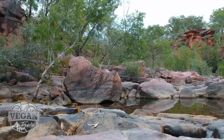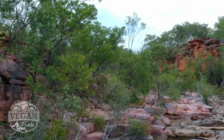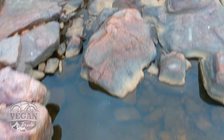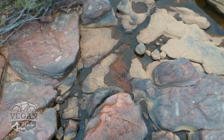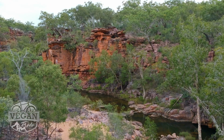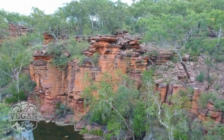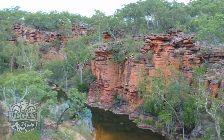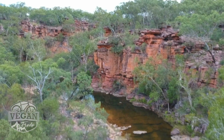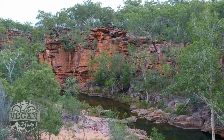See some shots of me visiting Umbrawarra Gorge. Or it can also be called Umbrawarra Gorge Nature Park. It is a protected area in the Northern Territory and it is located 145 km south of Darwin and 115 km west of Katherine. So it's sort of in between, along the way on that road between Darwin and Katherine, 3 kilometers away from Pine Creek on the main road, and then you do a turn off the main road,